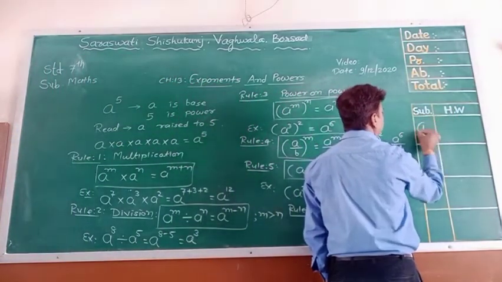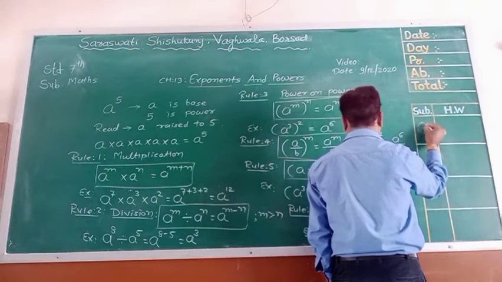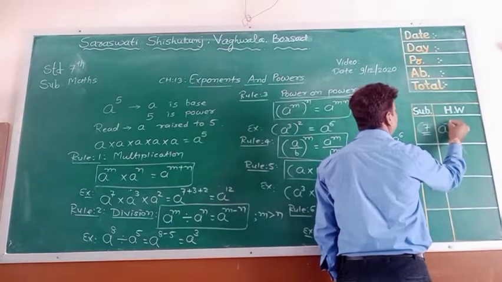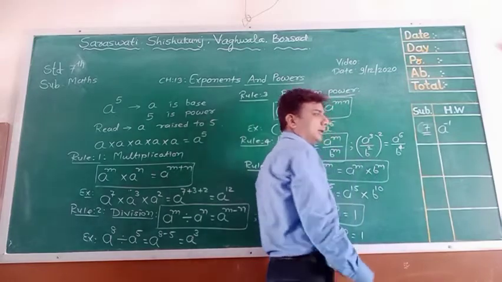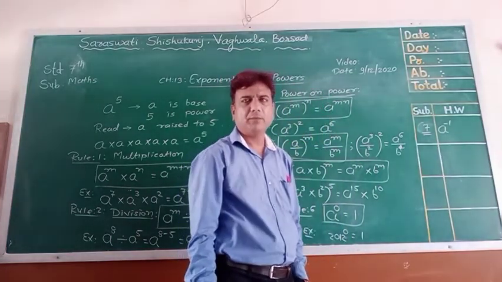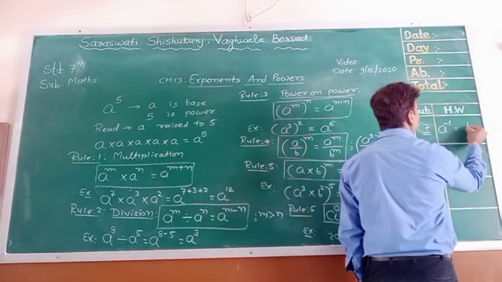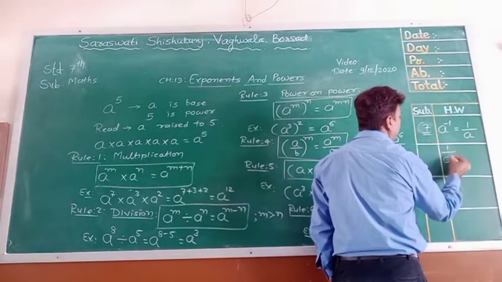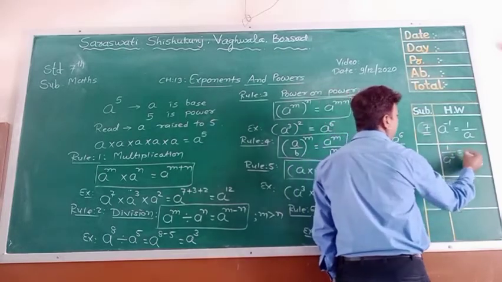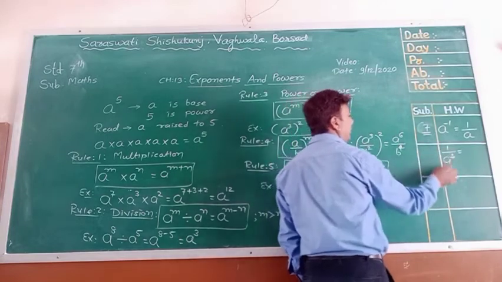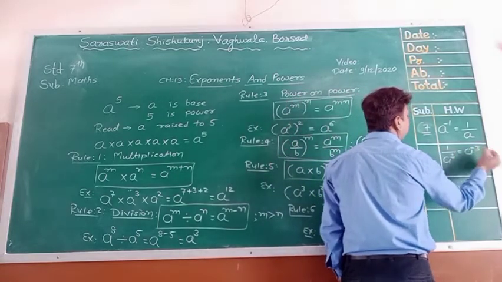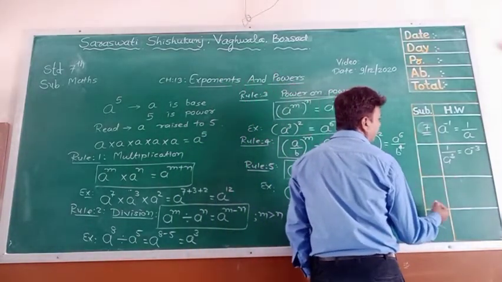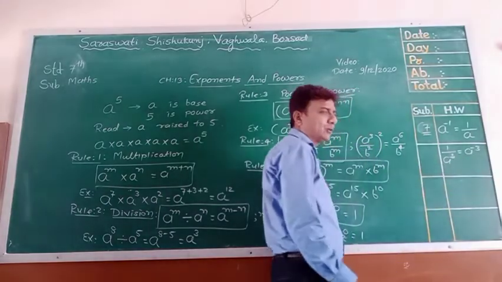So this is the inverse. Rule number 7. If a raised to minus 1, inverse power, a raised to minus 1 in negative form, then we have to denote it by 1 upon, so this power will become positive. Also, if a raised to 3 is given and we want to write this a raised to 3 in the numerator, then this power sign will be changed, minus 3. Okay. Now for this a raised to 3, we can write a raised to minus 3.